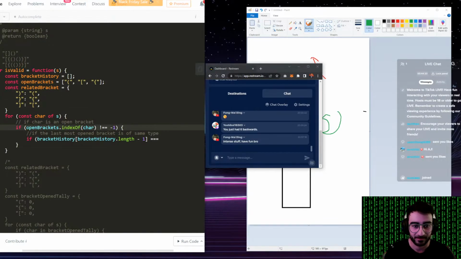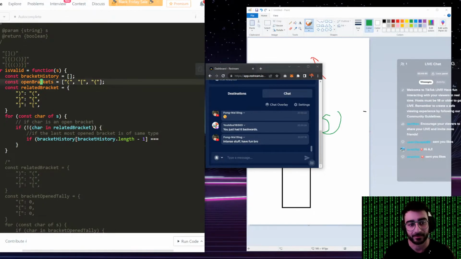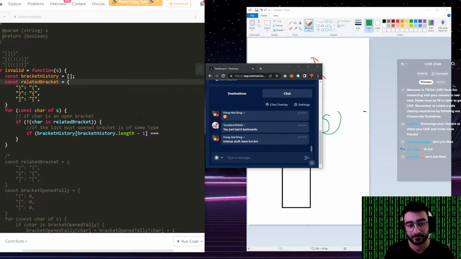So the way to check if it's an open bracket, we can do not char in related bracket. And get rid of that. Yep, that should work. It's an open bracket. If the last most open bracket is equal to